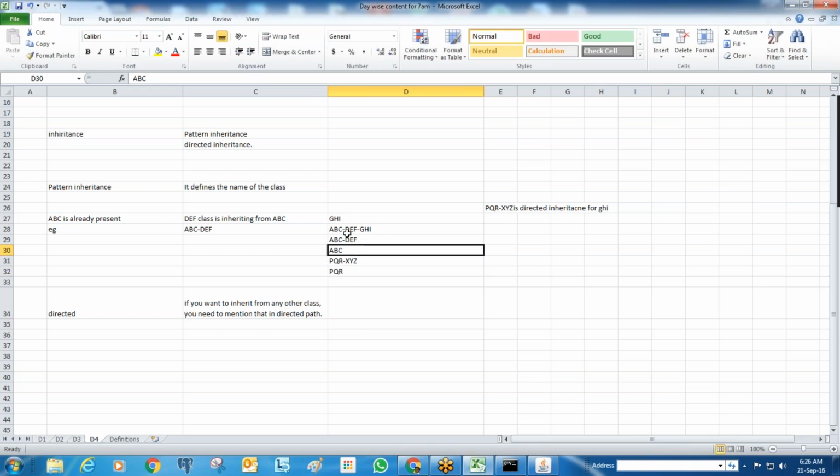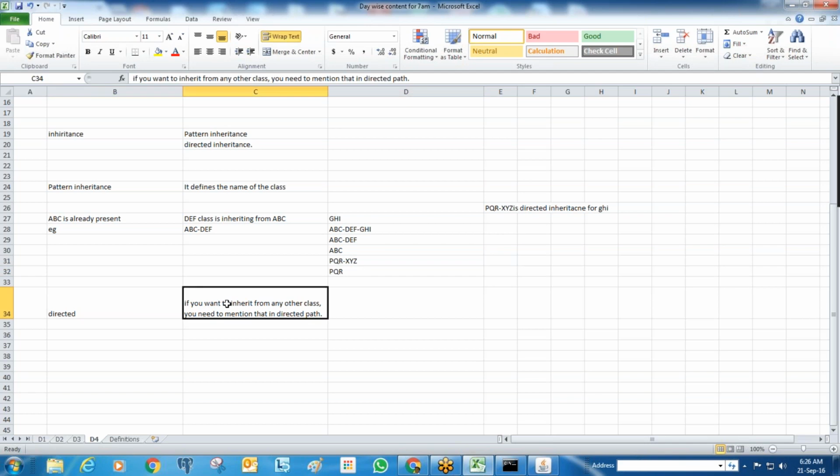So up to ABC it is following the pattern. PQR XYZ is following both the pattern as well as the directed. Pattern wise, PQR is one of the pattern classes for PQR XYZ, and PQR XYZ is a directed class. So we need to specify this PQR XYZ class in the directed path.